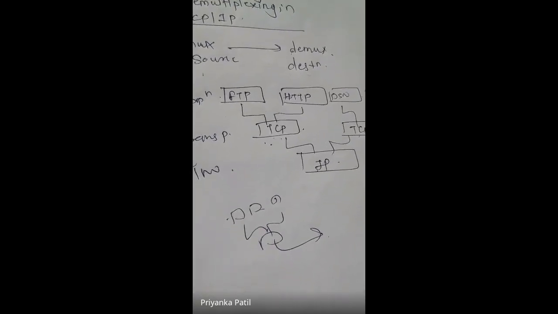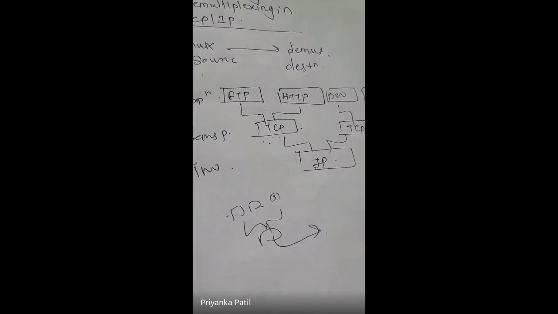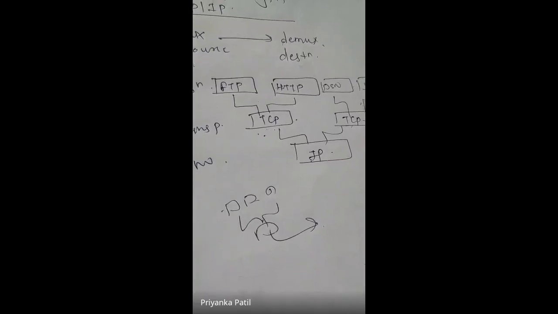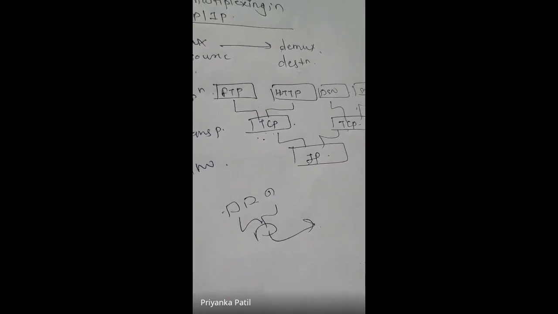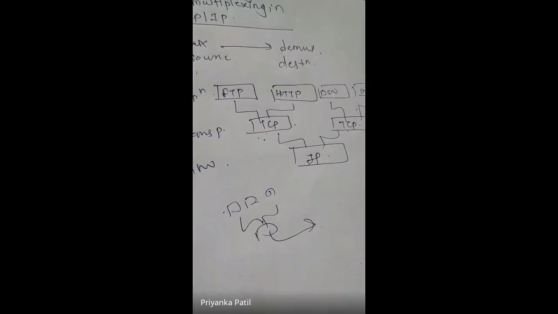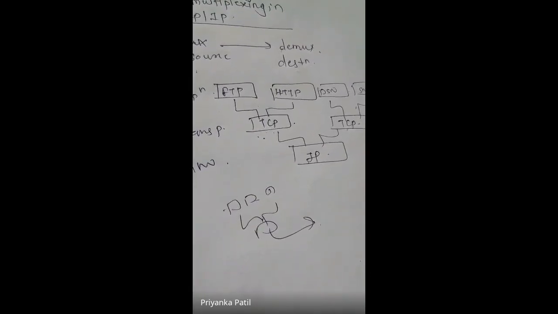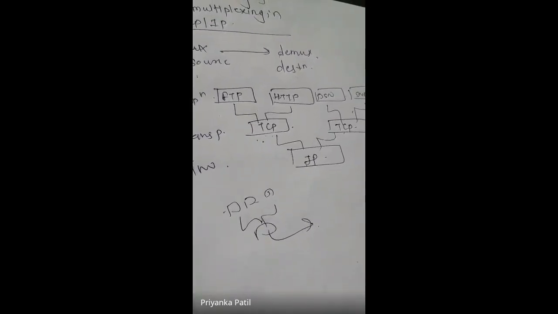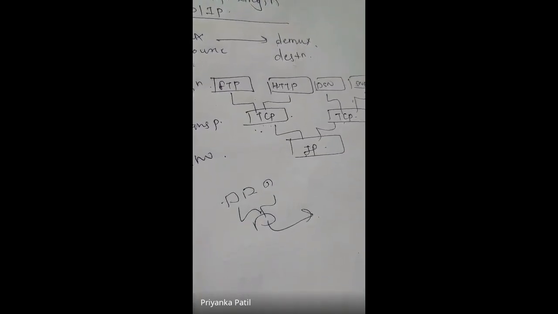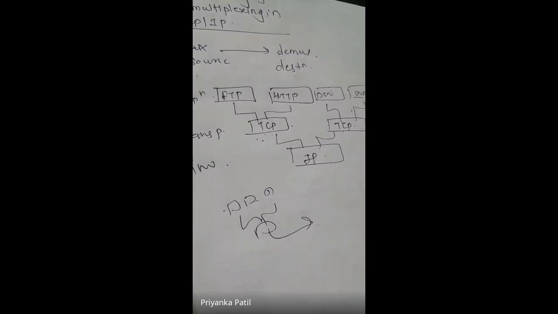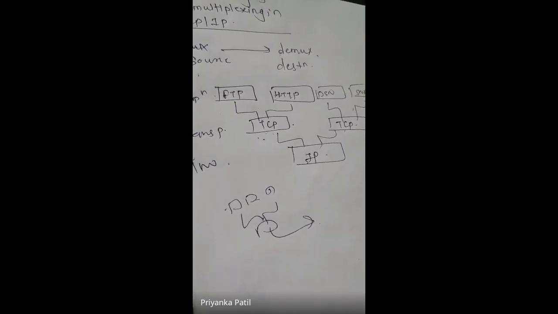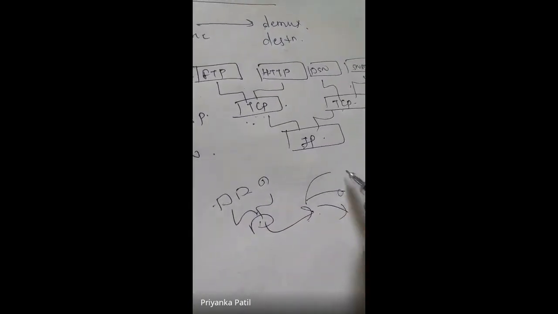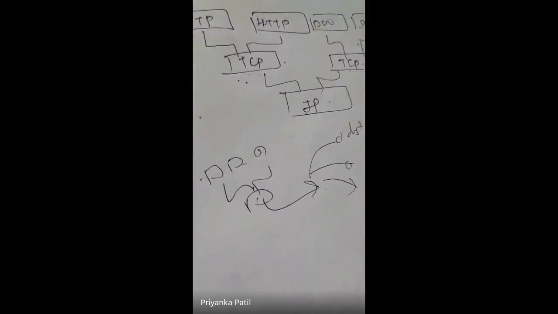Next one is demultiplexing. Basically, demultiplexing is achieved by using a device called a demultiplexer, also called a demux, which is available at the receiver end. Means at the destination side, the demultiplexer is available. Basically, the demultiplexer separates the signal into its components. Means one input and n number of outputs. We take one input and generate n number of outputs at the destination side. This is demultiplexing.